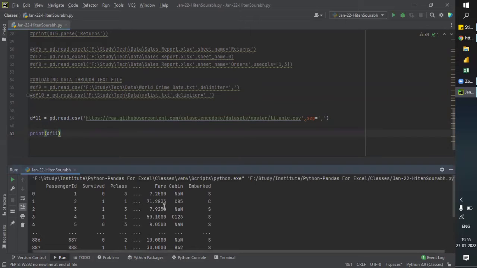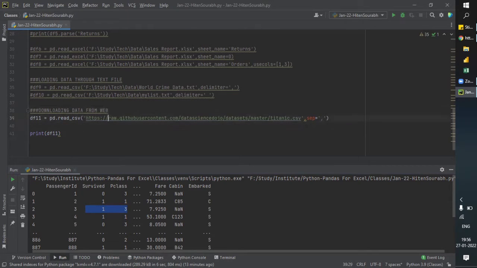Now we have the data here. You can see this is our data of all the passengers. Passenger ID 1, survived 0, and class third class; second passenger ID, survived 1, class was 1, and so on. So this is how you can download the data if you have an embedded source in it. Let me add a comment: data from web.